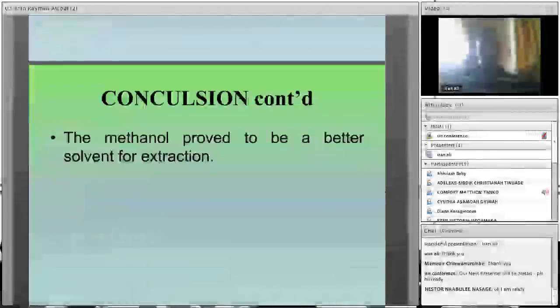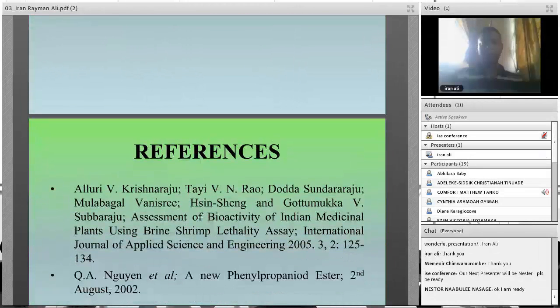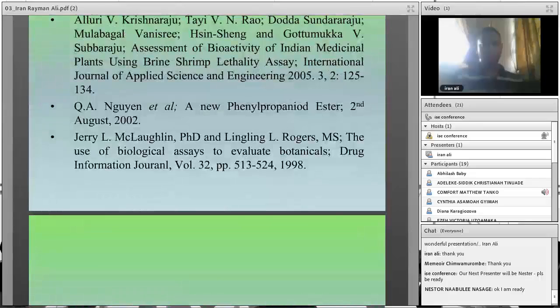These are some of the recommendations for future work: using solvents such as ethanol and hexane instead, and also using lower concentrations of less than 10 ppm on the brine shrimp. And concluding from the bioassay carried out using the brine shrimp lethality, it is conclusive that the